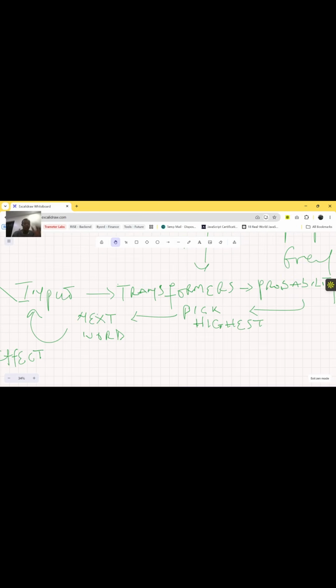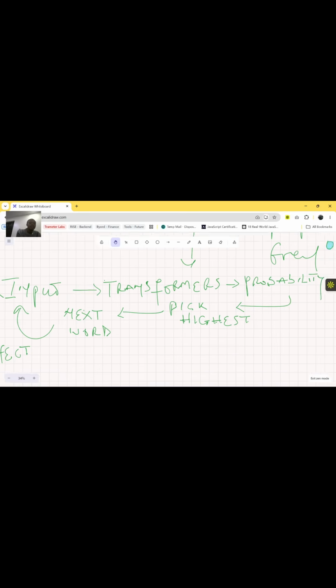Right? I'm going to show you a flow. What happens when you give ChatGPT a question and it says, I want you to answer this question. So let's go through the flow and then we'll go through an example. First, your